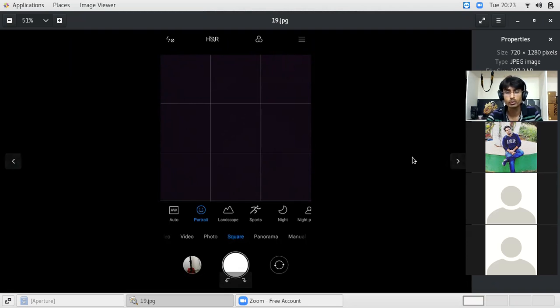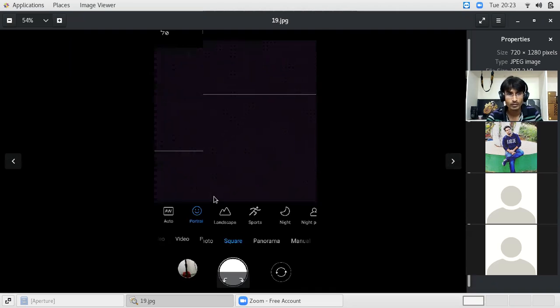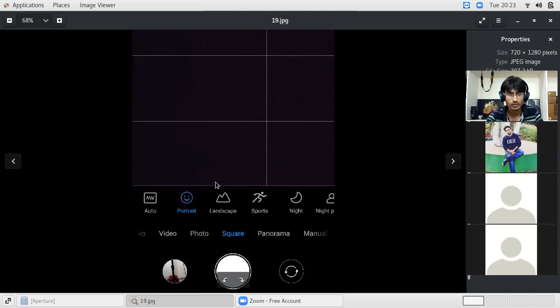To get that type of desired result, you use this particular mode called portrait. When you use portrait mode, the camera tries to give you the biggest possible aperture. So the same thing that the camera at f1.2 was trying to achieve, this portrait mode will try to achieve for you, depending upon the cost of the mobile.